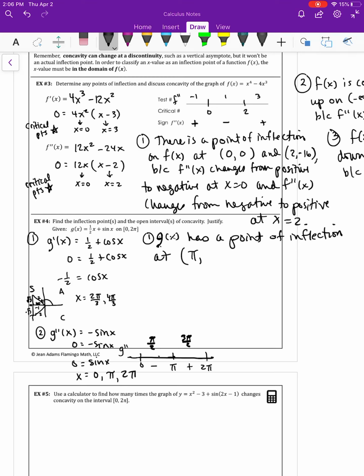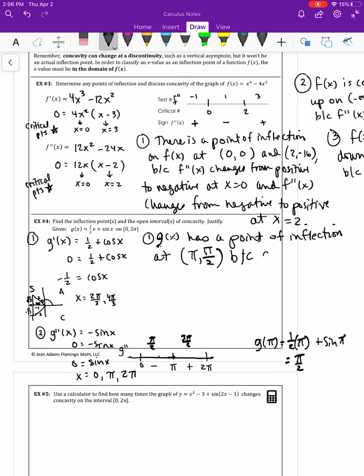Now, if I go back up to my original and try to find out what g of pi was, it would be 1/2 times pi plus the sine of pi. And so that's going to be pi over 2 because the sine of pi is 0. So this would be at pi comma pi over 2